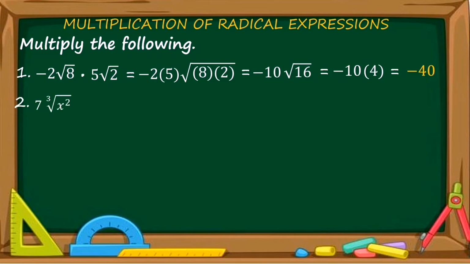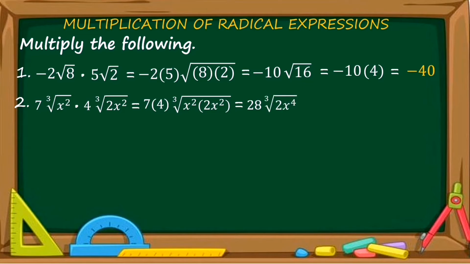Number 2, 7 cube root of x squared times 4 cube root of 2x squared. First, we need to multiply 7 and 4. Next, the product of x squared and 2x squared, that is equal to the cube root of x squared times 2x squared. The product of 7 and 4 will give us 28. The cube root of the product of x squared and 2x squared is equal to the cube root of 2x